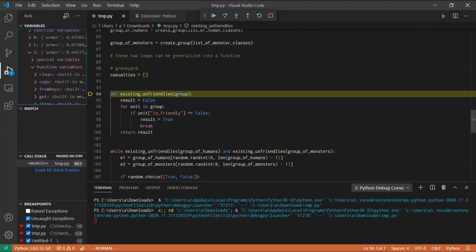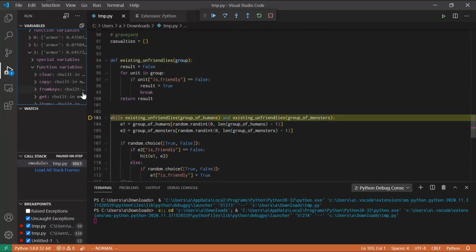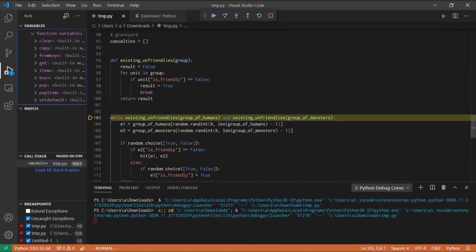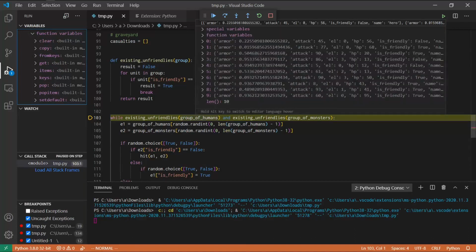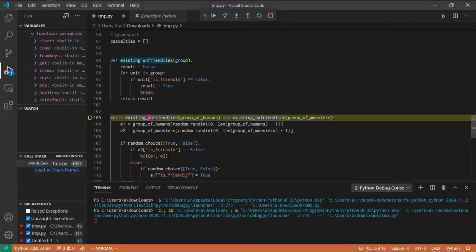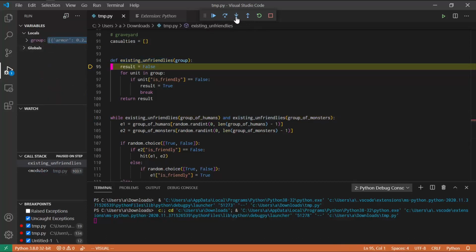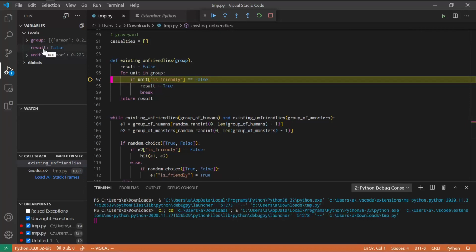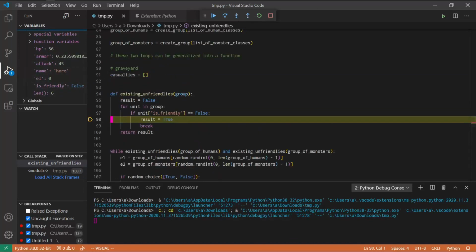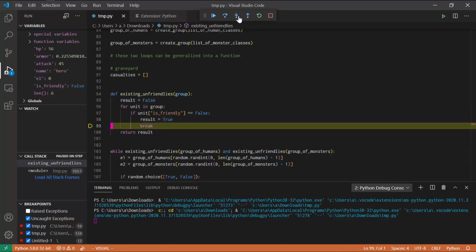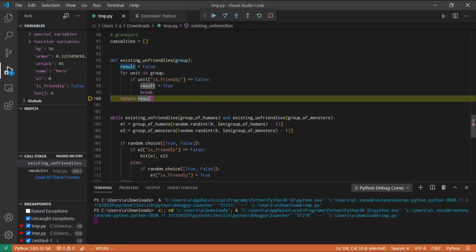This is just defining the function. So this is where all the magic starts happening. So let me clear my voice for a second. So is there an unfriendly in either of these two lists? There probably is one. So let's go in here. This unit is not friendly. So this hero in this party is not friendly. So we're going to set the result here to stop searching. And there we go. Result is